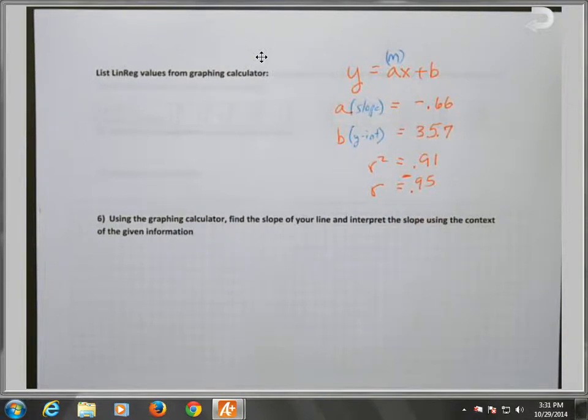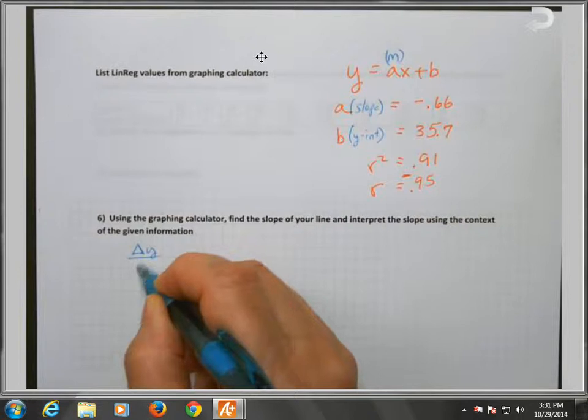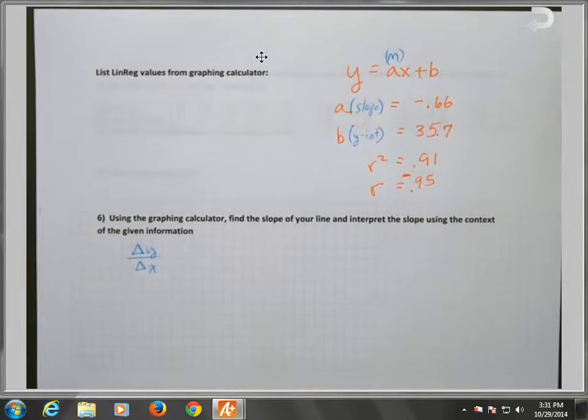We found out using the graphing calculator. We have found the slope. Now we're going to interpret that slope in regard to the low temperatures and the bowls of oatmeal. Okay, so first let me remind you what slope is. Slope, on a coordinate plane, is rise over run, or in science we call it the change in y over the change in x. Okay, so as the y values change, the x values change. As the x values change, the y values change. And this is the kind of relationship we're looking for,